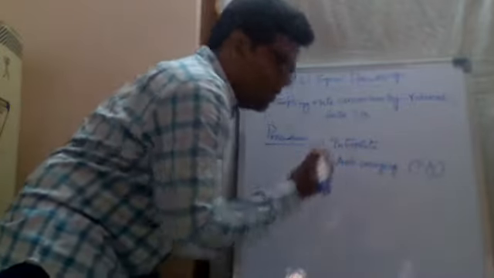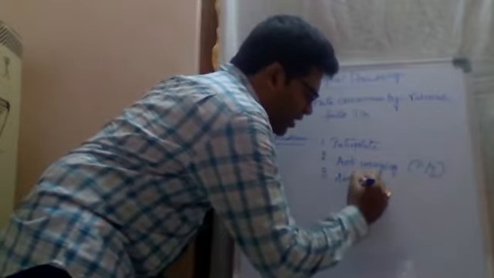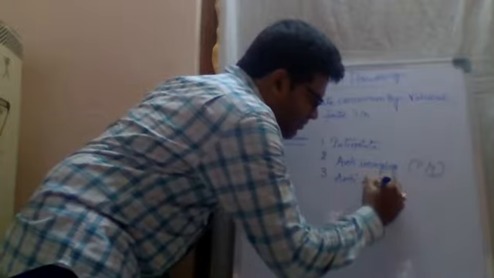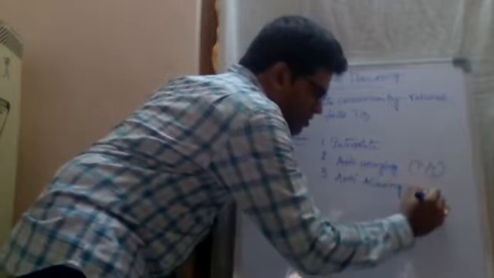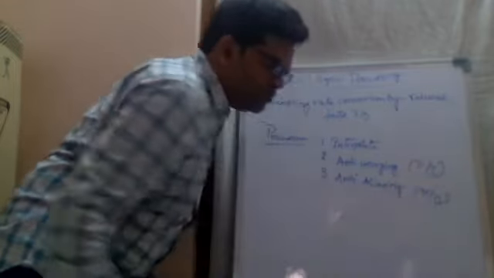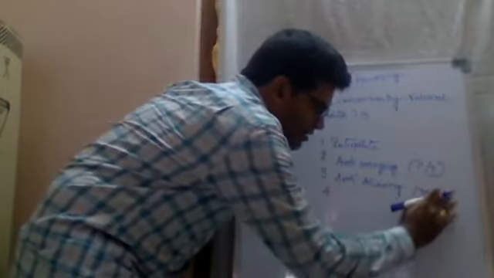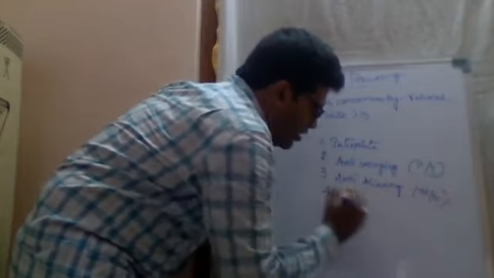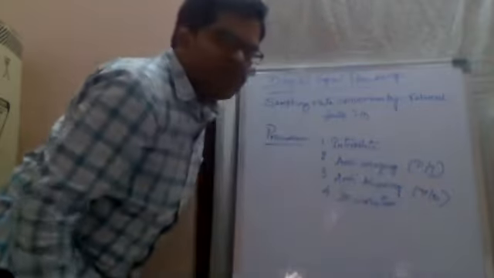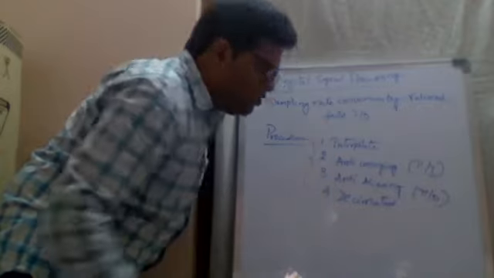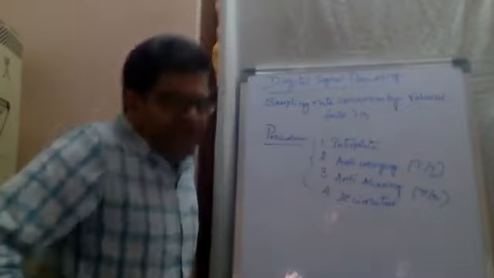And the third step, right? Again we have to go with low pass filtering, that is the anti-aliasing filter, and this pi by I is now band limited to pi by D. And finally, this pi by D band limited sequence obtained from your low pass filter is said to be decimated. So these are the four steps or the procedure that we follow in order to implement the sampling rate conversion by the rational factor I by D.